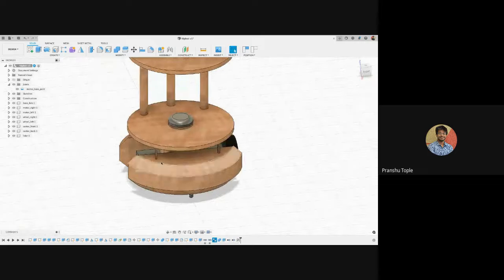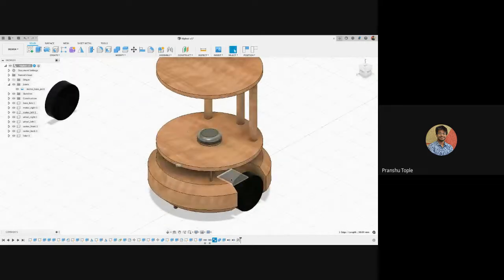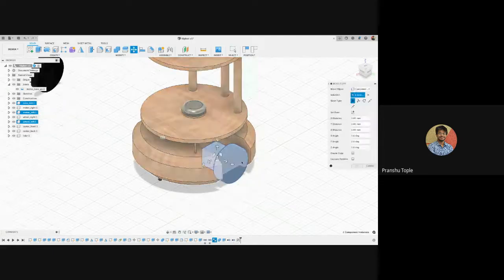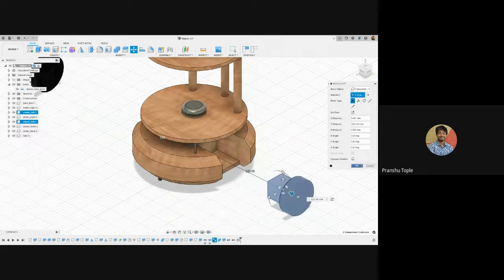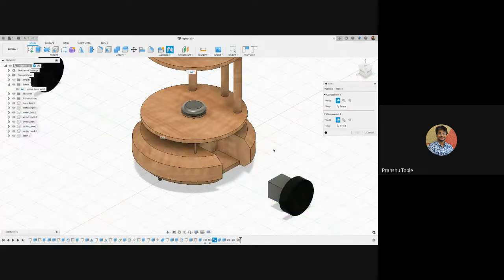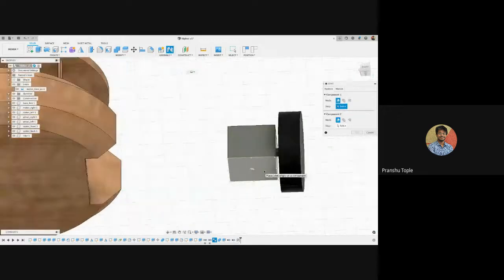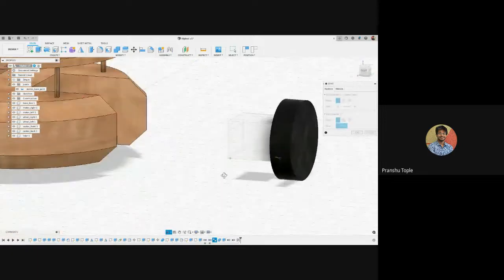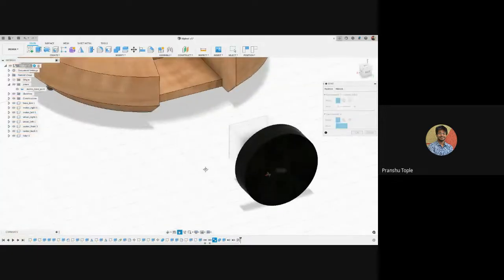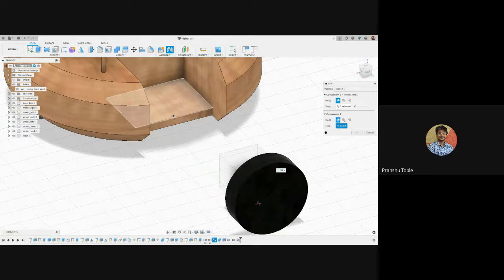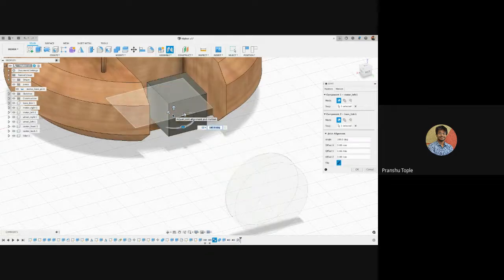The next joint I want to make is this motor as well. So I will make this motor move as well. Let's do that. I will select these. I will move it apart. I will press J to make the joint. First, I will select the child, which is the motor. I want this edge of the motor to be connected on this edge of the robot.